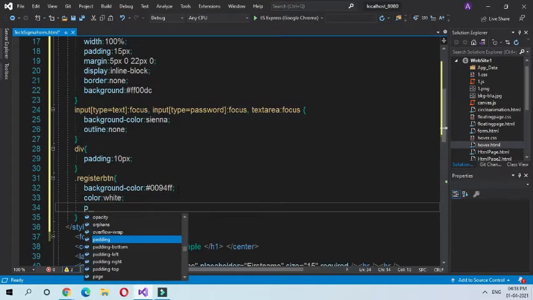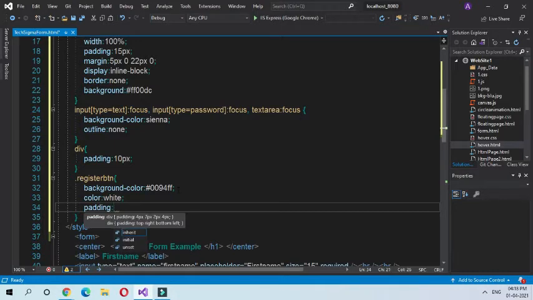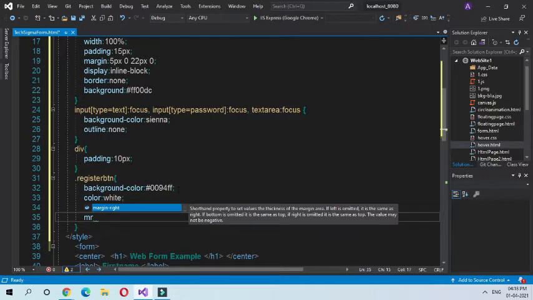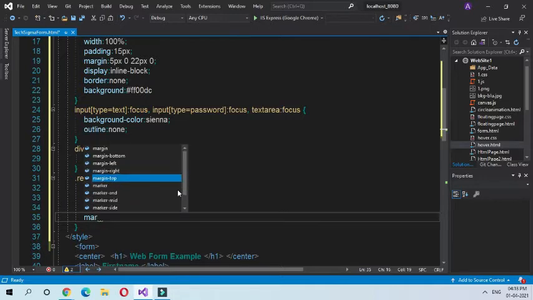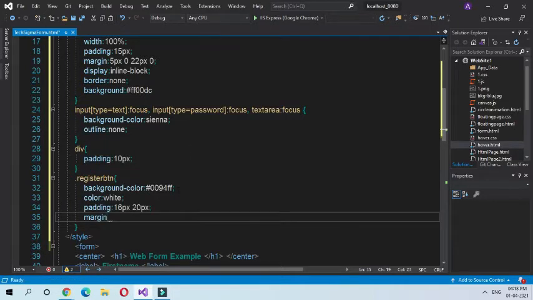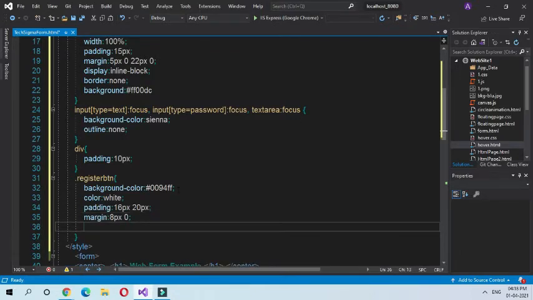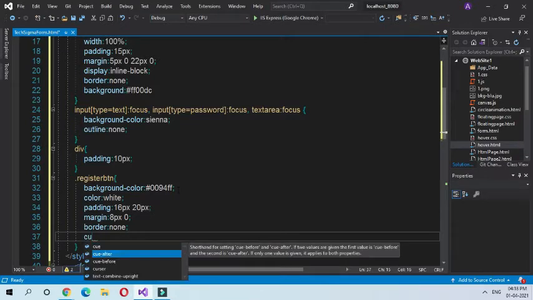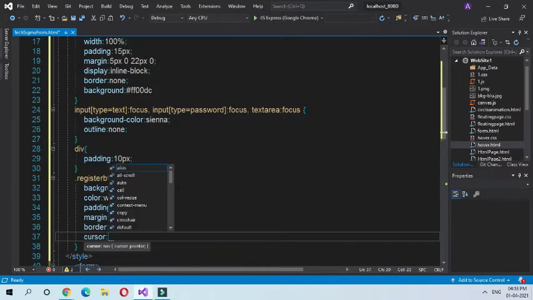Now give padding as 16 pixel and 20 pixel. Now give a margin, margin as 8 pixel and 0. Now give the border as none. Give cursor, we are pointing cursor, so give it as pointer.